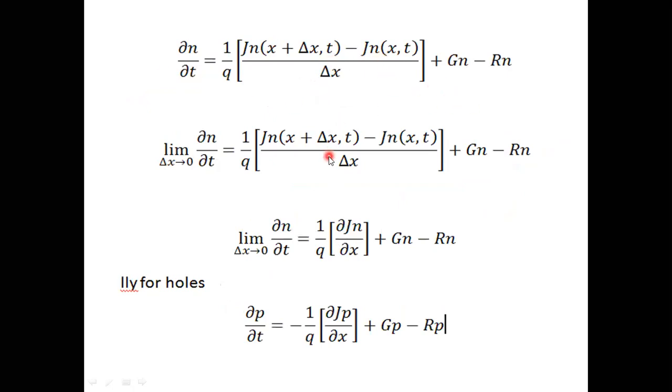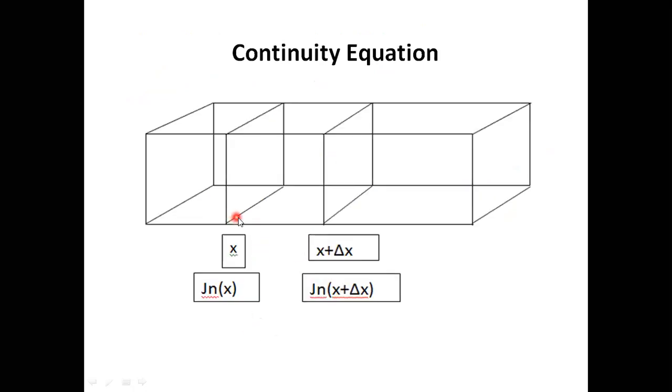So already I have told you that there is an infinitesimally small volume of pillbox having length delta x. This is point x, and this is point x plus delta x. So the length of this pillbox will be x plus delta x minus x. So x gets cancelled, and delta x is the length of this small pillbox. Again, I'm telling you, it's an infinitesimally small pillbox, having delta x nearly equal to 0.